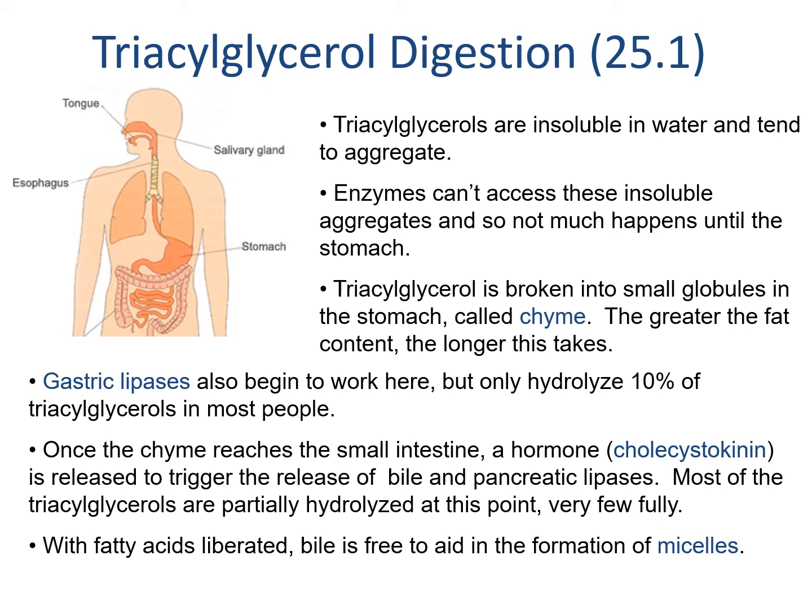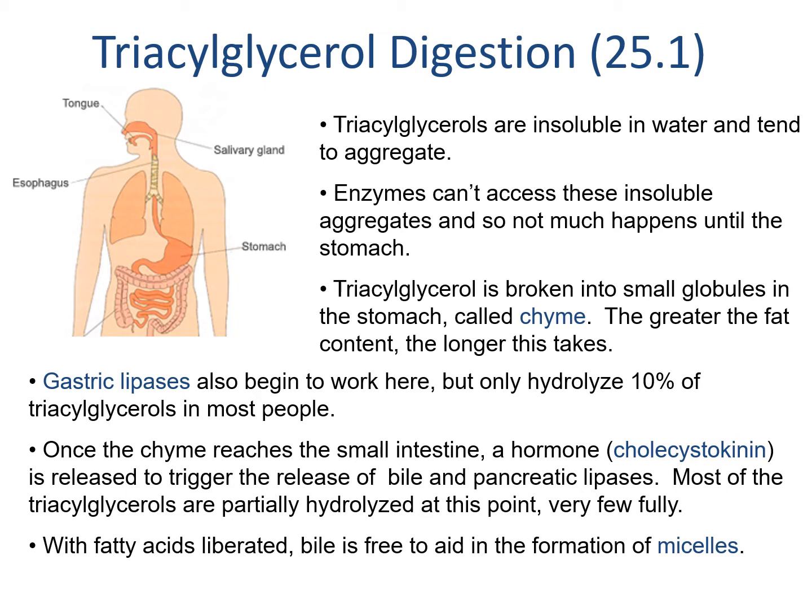In the stomach, the churning action of the stomach breaks up those globs into smaller chunks called chyme. You can see these chunks if you vomit, but don't try this at home. The chyme has more surface area, and some enzymes, gastric lipases, can start acting on the lipids. Gastric here just means stomach. It isn't the substrate for the enzyme in this case. Lipases hydrolyze lipids, but only partially here. This is important because it means that at least some of the surface of chyme has become more polar.